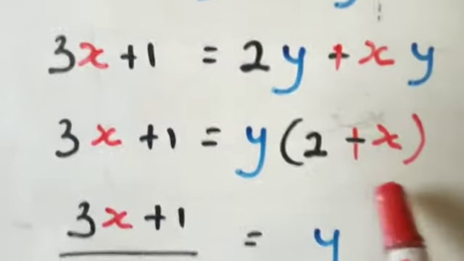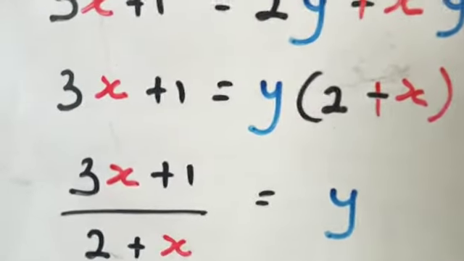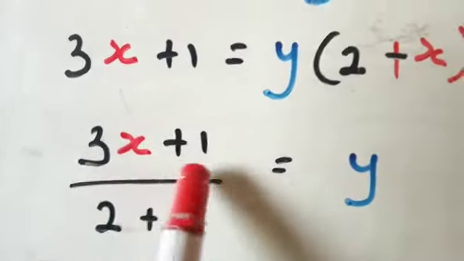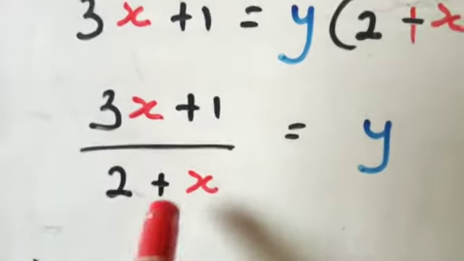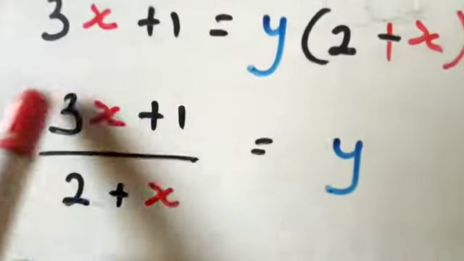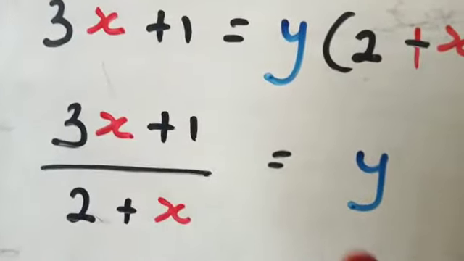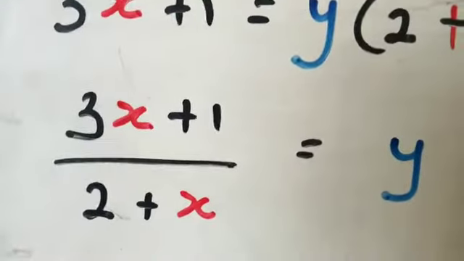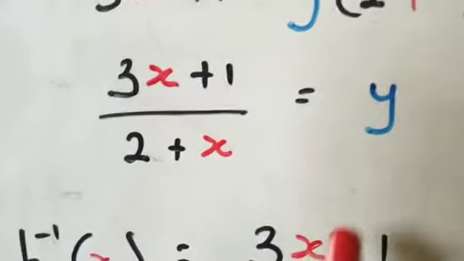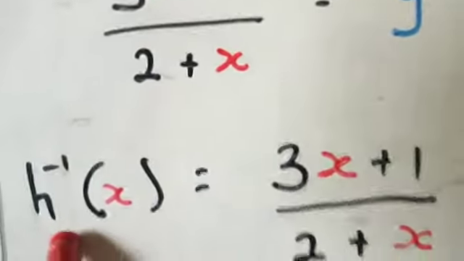So you divide both sides by 2 plus x, and you get (3x plus 1) all over (2 plus x) is equal to y. Is that okay? So this will be the machine where we can place the mother inside to determine her child. Right? Okay, next, when you get to this point,